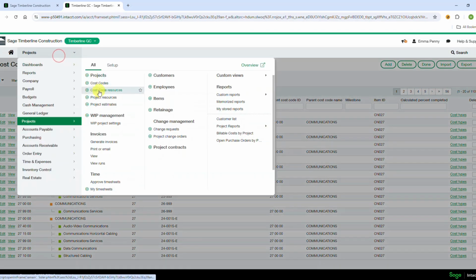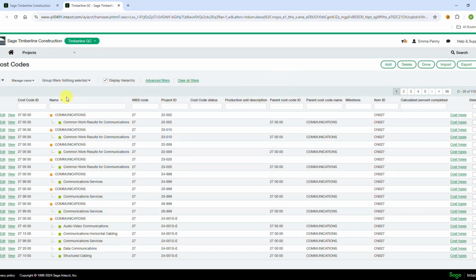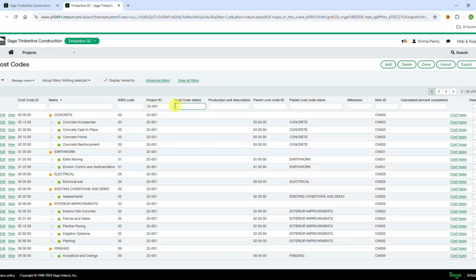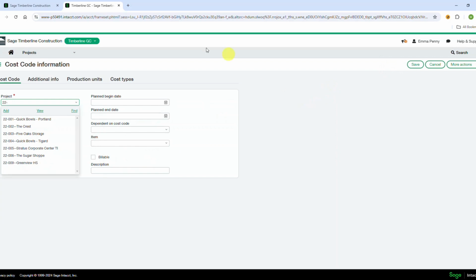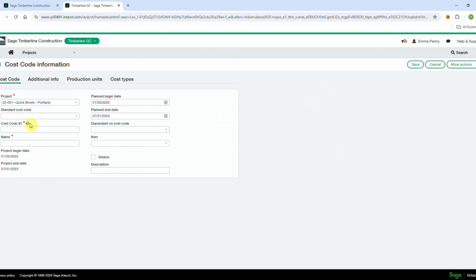So if you come to projects and you say cost codes, it's going to show you all of the cost codes for all the jobs. And you can look it up by job if you were interested in that. You could say 22001, for example, and that would pull up just the cost codes. There are 64 of them under job 22-001. But we're going to add one to this that's not in the standard catalog. And this might just be a one-off cost code that you're going to use. So we're not going to pick from the standard cost code catalog. And we're going to call this 1000 for the cost code. And we're just going to say liability